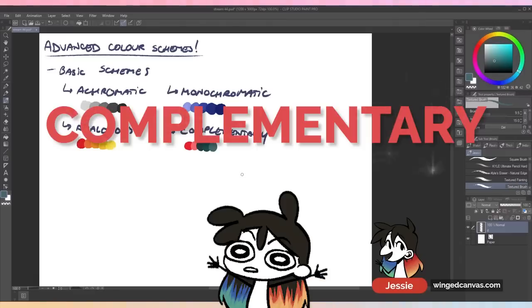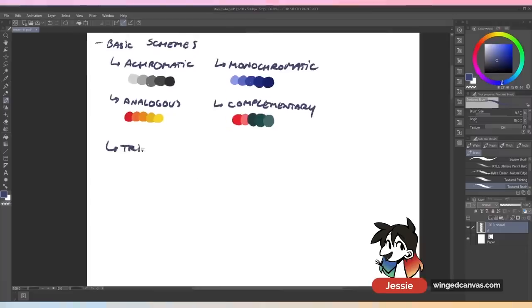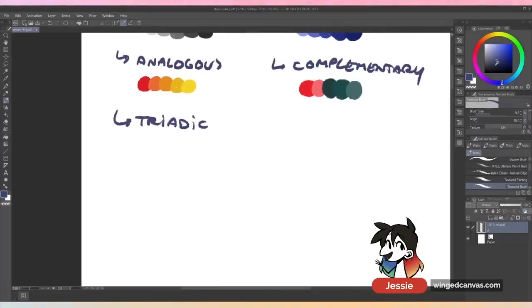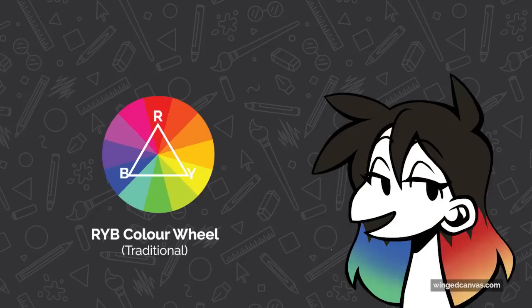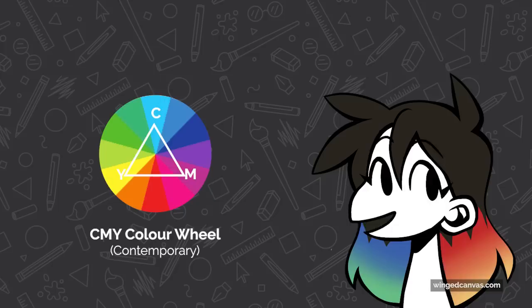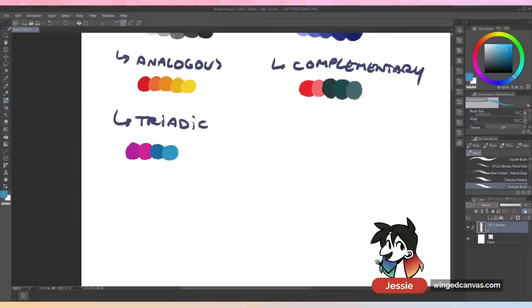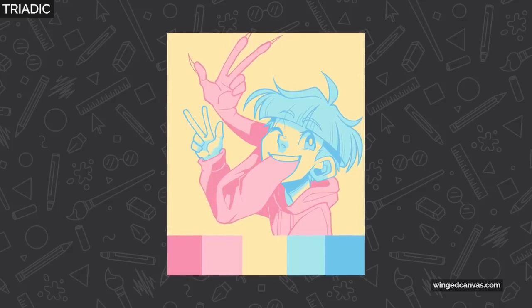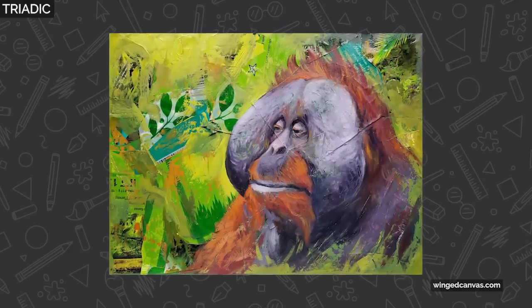That's like the concept artist's favorite scheme ever. So triadic: they'll make an equilateral triangle on the color wheel. Most people, when they think triadic, think of the RYB wheel, which would be red, yellow, blue. That's a traditional triadic scheme. Technically, a more modern one would be magenta, cyan, yellow, if we go off of the contemporary artist's wheel. So it'll make an equilateral triangle. It'll be either your 3 primaries, your 3 secondaries, or 3 of your tertiaries, because there are more than 3 tertiary